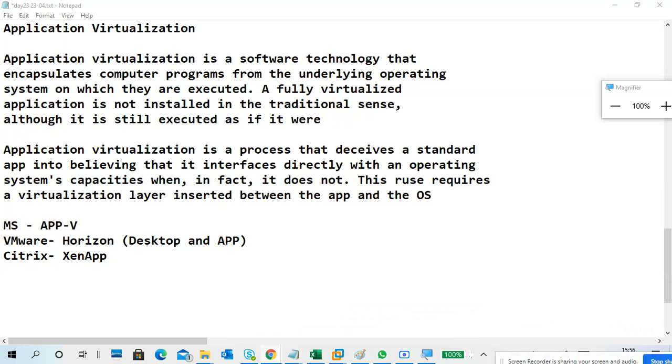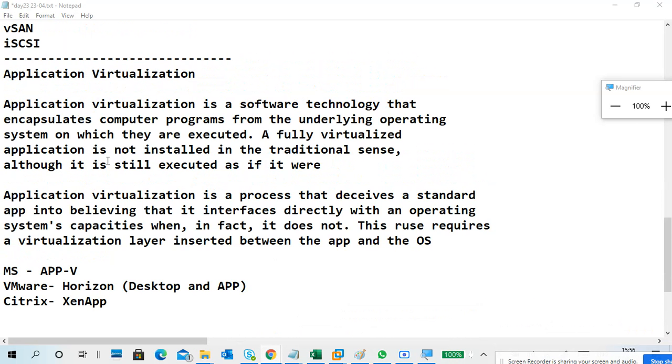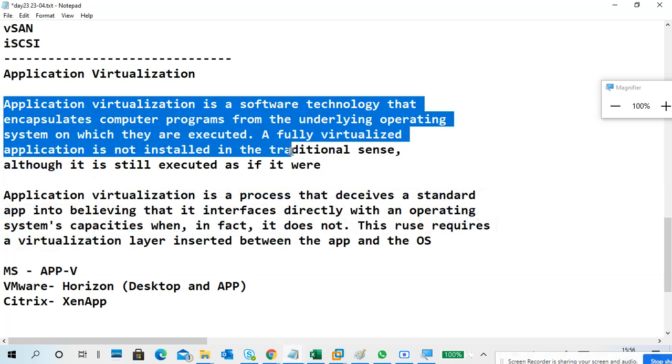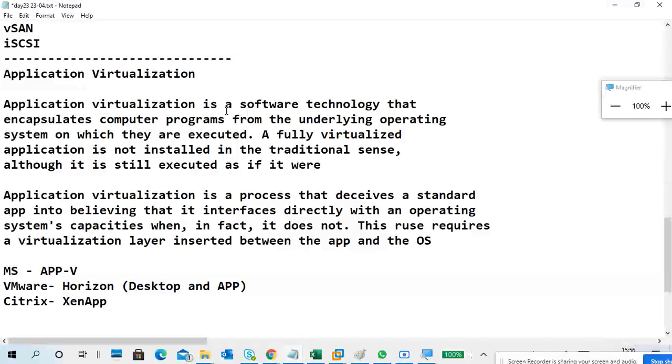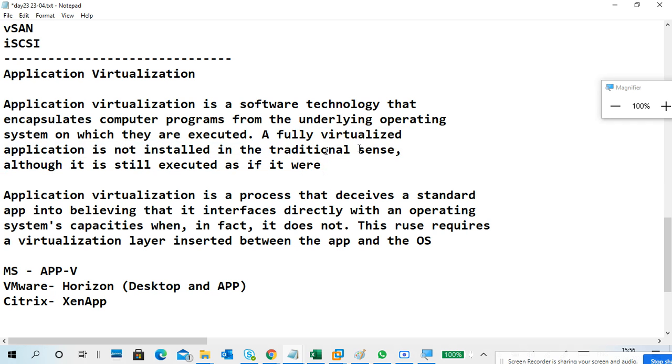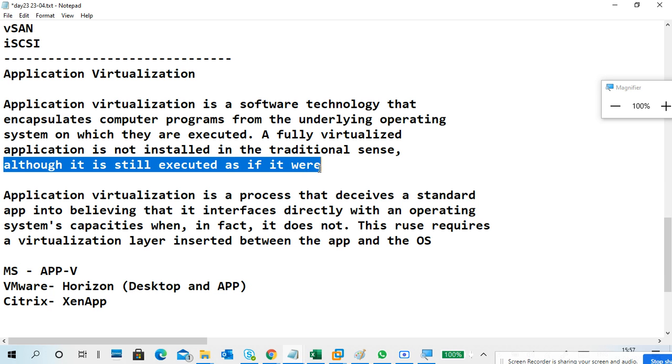I will explain desktop virtualization, but first we'll see what application virtualization is. I copied two statements from different sites. Application virtualization is a software technology that encapsulates a computer program from the underlying operating system on which it is executed. A fully virtualized application is not installed in the traditional sense, meaning not on the operating system, although it still executes as if it were.